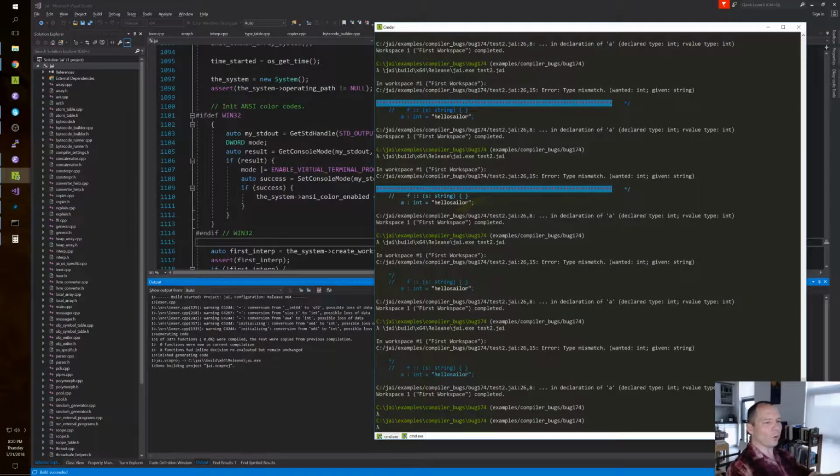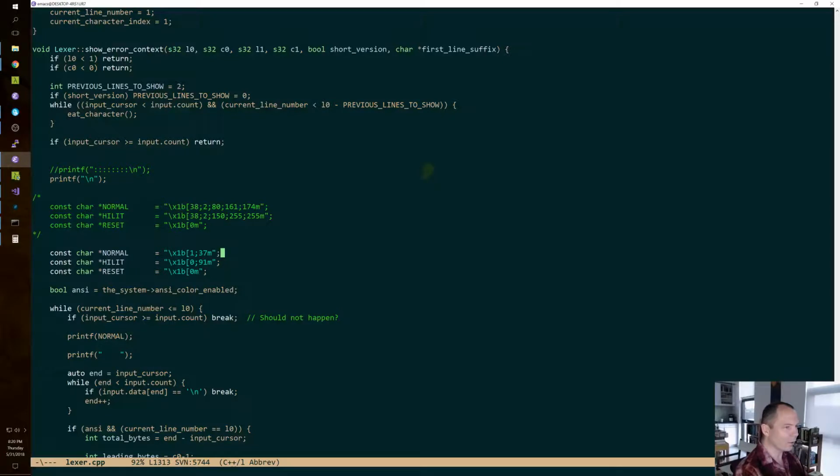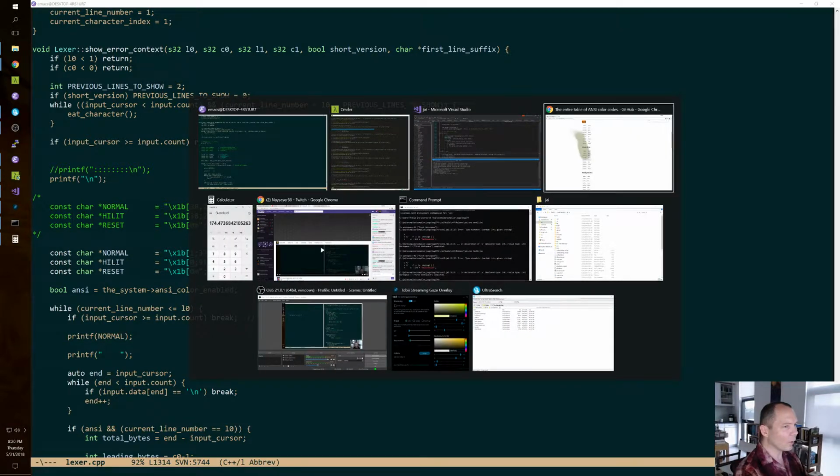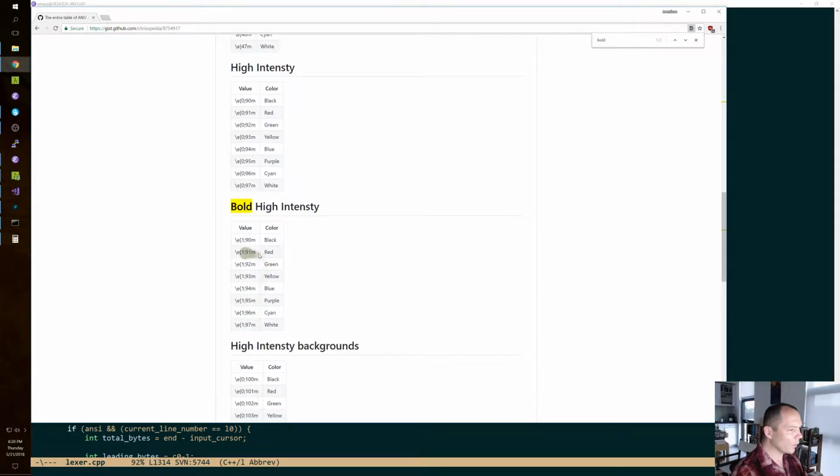Like, it's more work to convert that high color down to a palletized color than it is to just draw the high color. Okay, that white is unfortunately too blendy. So wait, high intensity red. Bold high intensity red, 191. And then